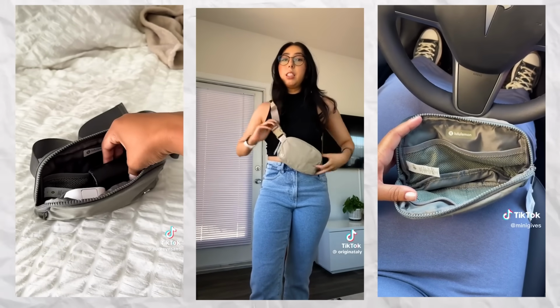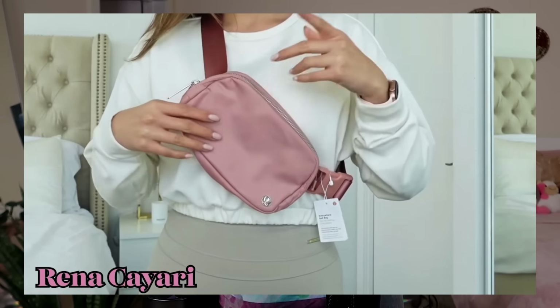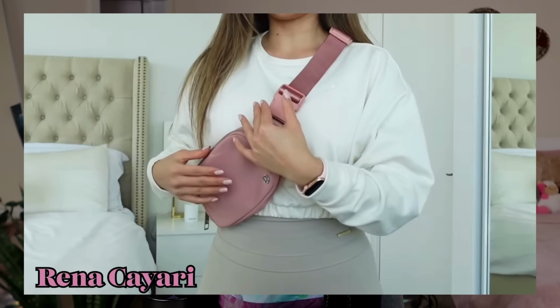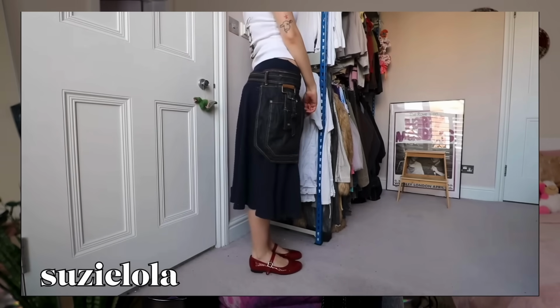So next we have the Lululemon Everywhere belt bag. This is something I see in person a lot, especially where I'm from. I live in the DC metro area, so there's a lot of people who are into that kind of Lululemon-esque style. I think something like this would be more so trending in person just because, you know, it's easy for anyone to just walk into a Lululemon and just buy the bag. There's not much that goes into it, but in person, I've noticed that a more utility